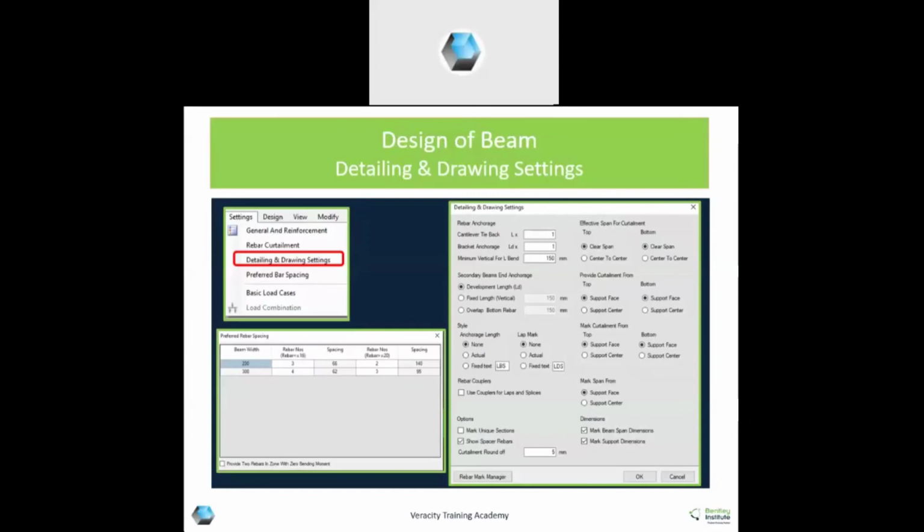Couplers. This option is for your detailed drawings and quantity. Now, in our code, they have specified, actually, they have specified for 16 or more, but generally, couplers can be our practical solution for 25 and above. For 16 or 20 still lap splices, lap lengths are being used. For 25 and 32 if you want to use mechanical couplers, just tick that option, and accordingly in your drawings it will be seen the coupler distances and marks.